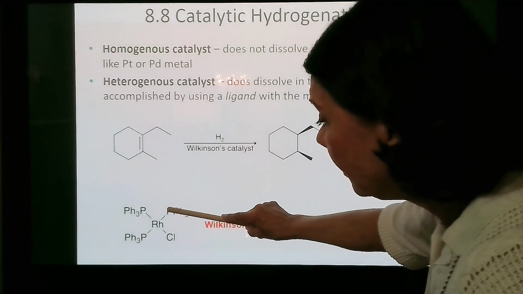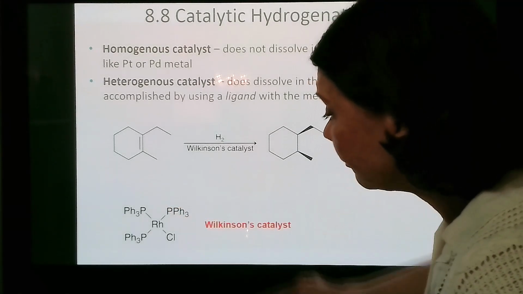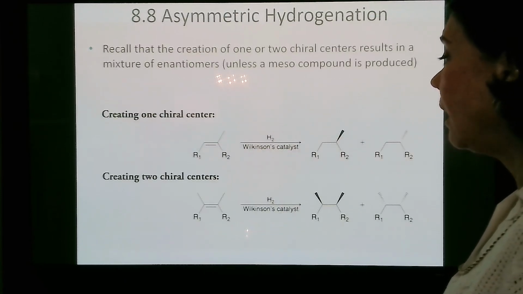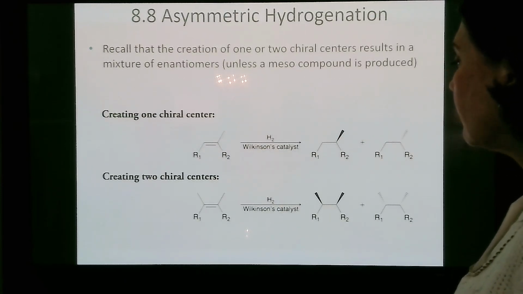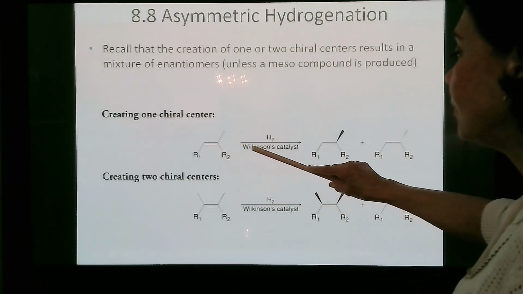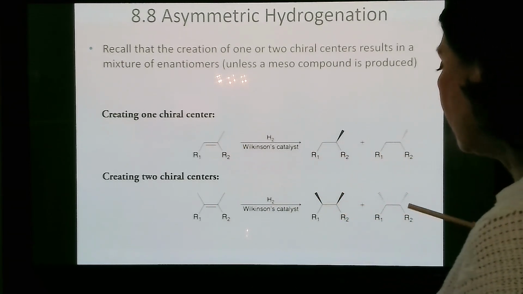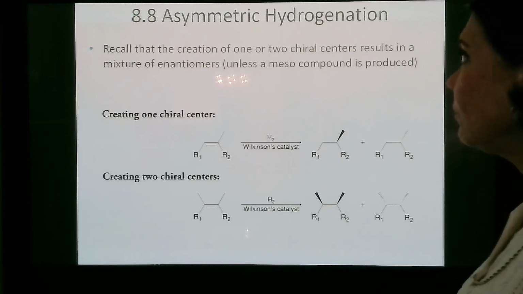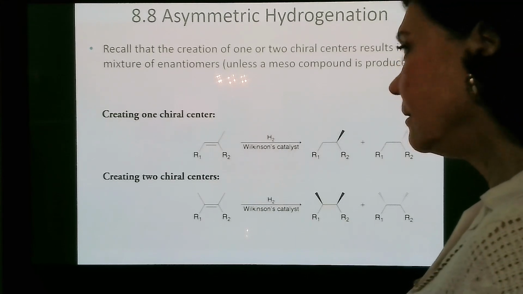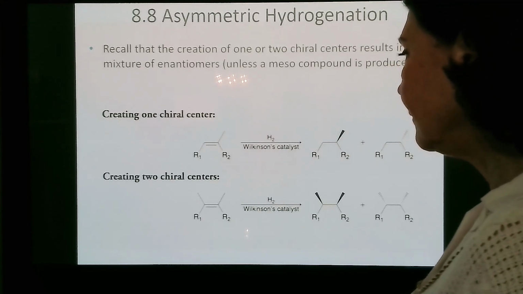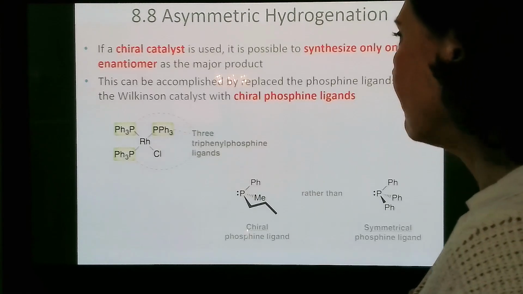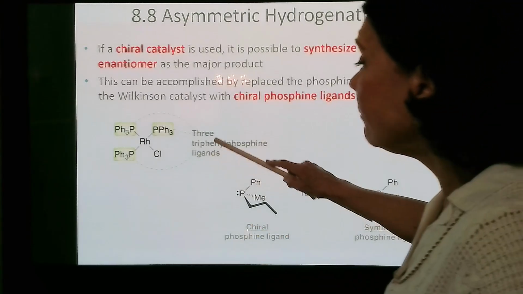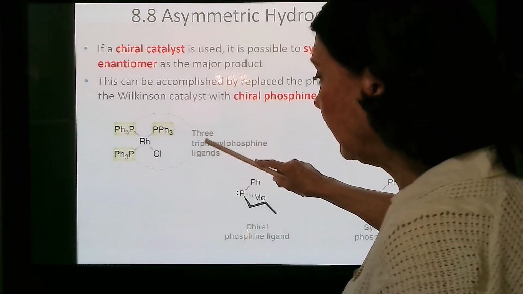Now notice this is triphenylphosphine. So now let's think of, and this is more about the chiral centers, the generation of the chiral centers. I really don't think that has anything to do with the stereoselectivity of that reaction. So when you have the three triphenylphosphine ligands here,